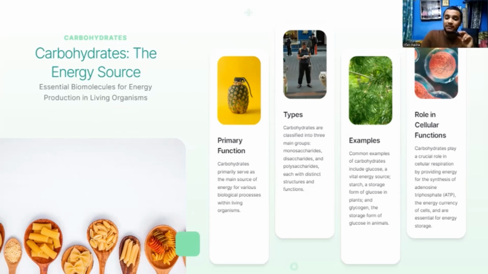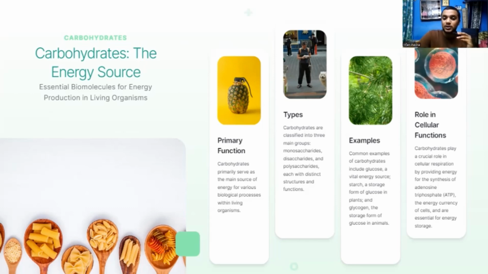The primary function of carbohydrates is to serve as the main source of energy for various biological processes, such as digestion. Whatever process takes place in the body needs energy, and energy comes from carbohydrates or the proper food we eat. That is why they tell us to eat proper food and not junk.